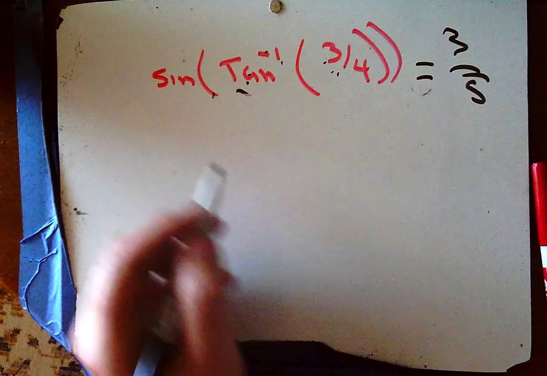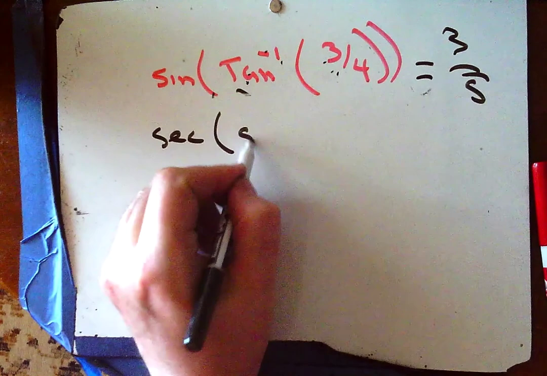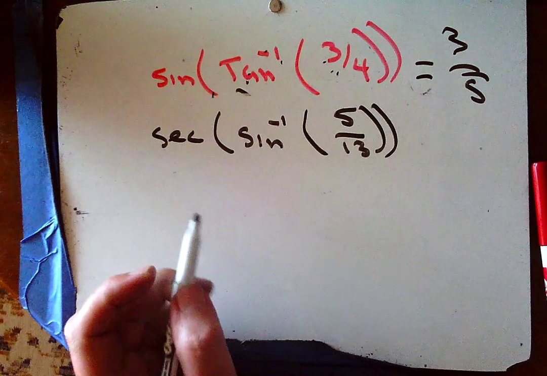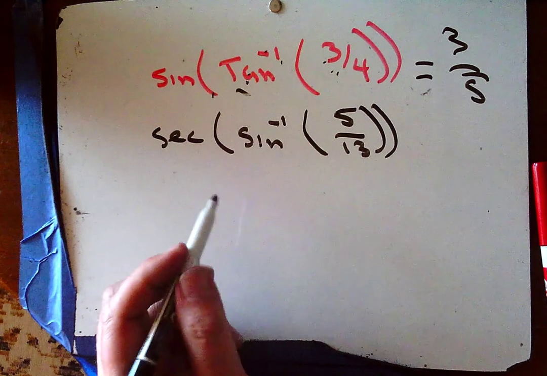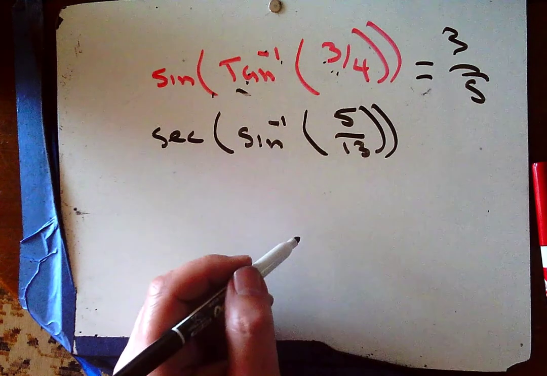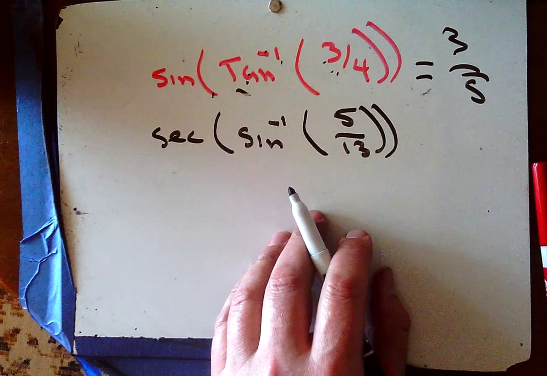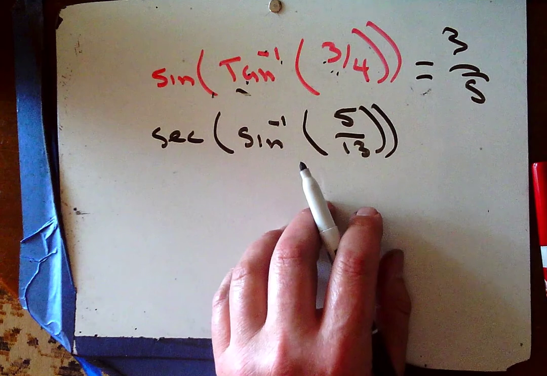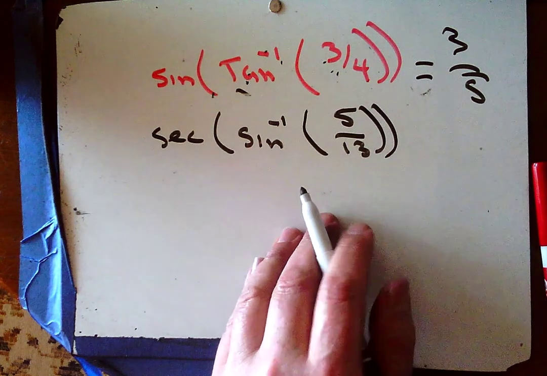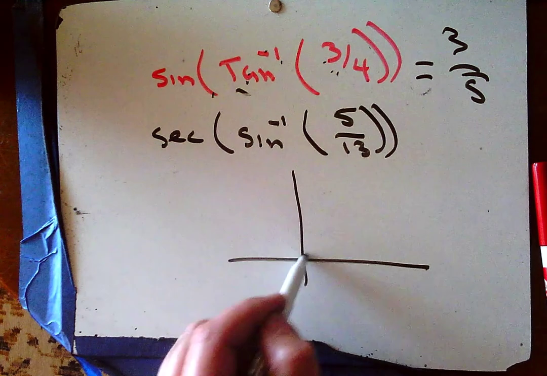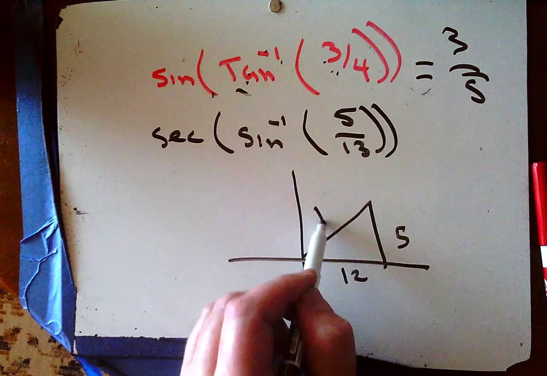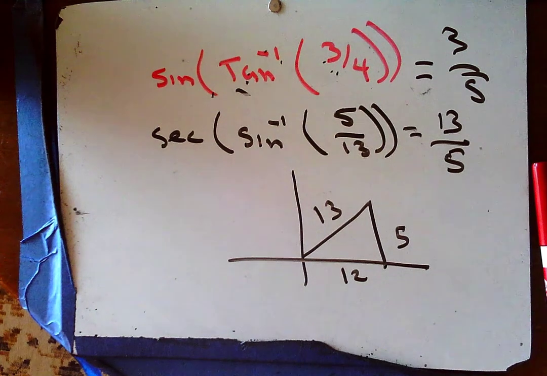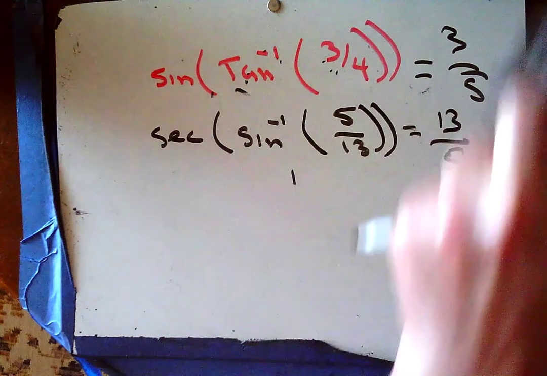All right, secant of sine inverse of 5/13. Five, four. What do you mean that's too fast? I'll go a little slower. Five, four, three, two, one. 13 over 5. Okay. Next,